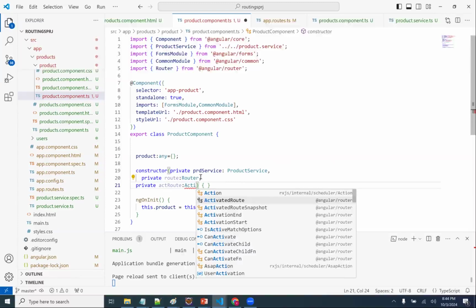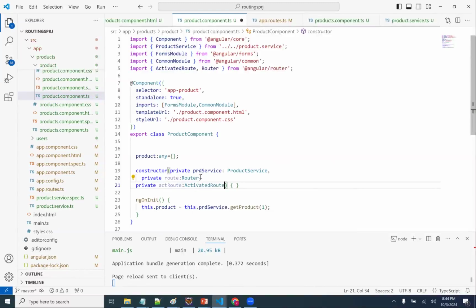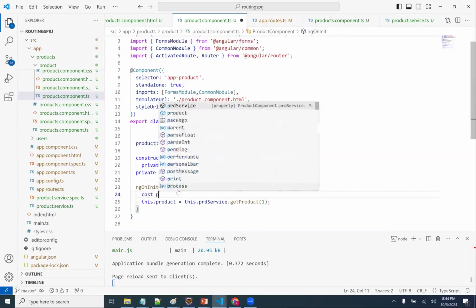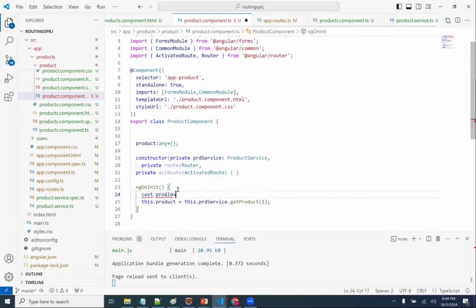Activated route here is giving me the current path. Router is giving me where we need to route, navigate. Okay. Now, inside ngOnInit, where I need to write const productId,